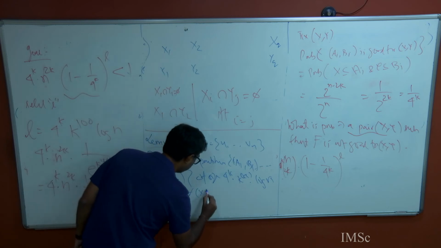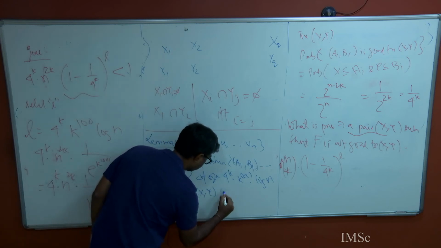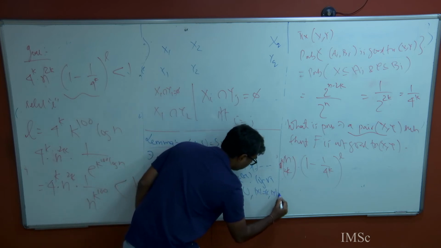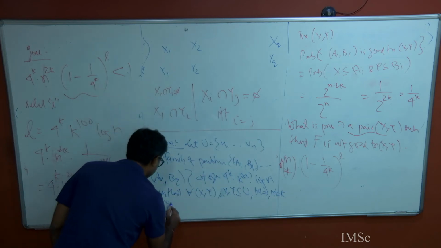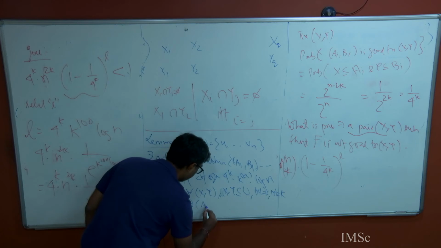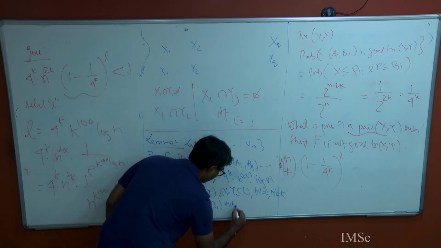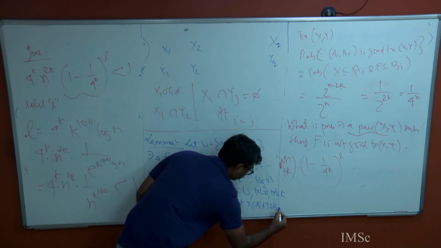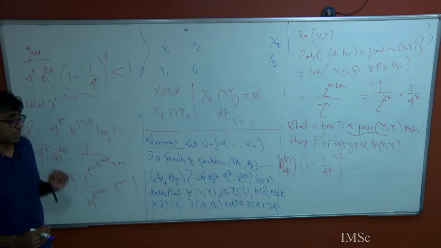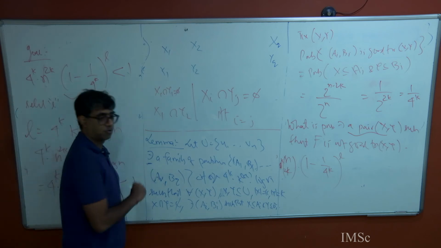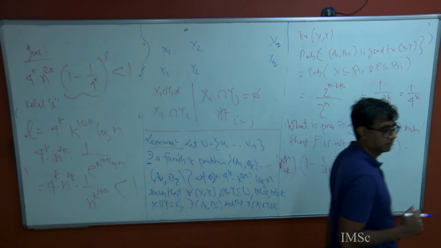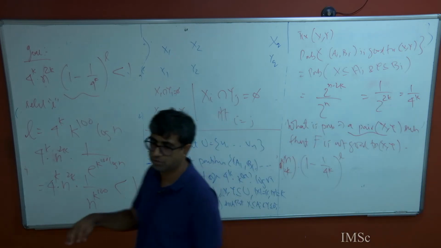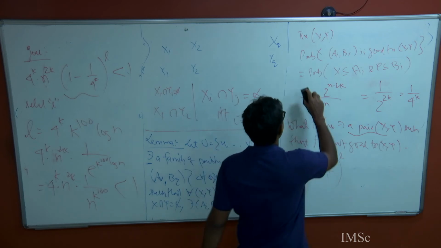for all x comma y subset of universe with mod x equal to k, mod y equal to k, x intersection y equal to phi, there exist Ai, Bi such that x is contained inside Ai, y is contained inside Bi. This is what we showed. This is precisely the lemma. There exists a family. We have not shown how to construct this family, okay, but there exists a family. Okay. So, now having given you the motivations for this,